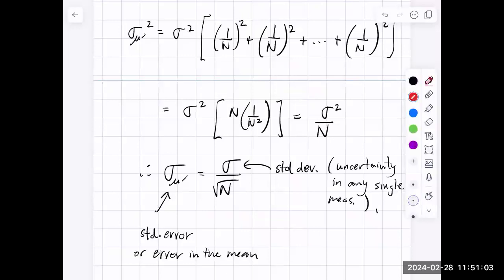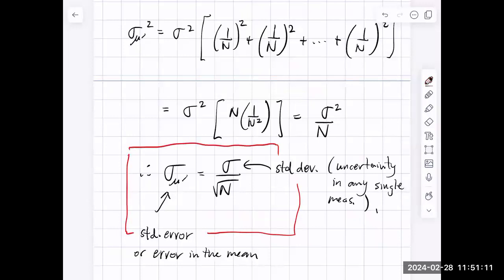And this is a result that we've used a bunch of times. We probably used it in first year without really truly understanding where it came from. But now that we have this propagation of errors tool, and now that we have this rigorous derivation of where the mean comes from, we can use those two things to first